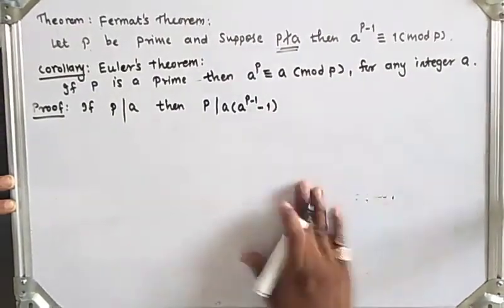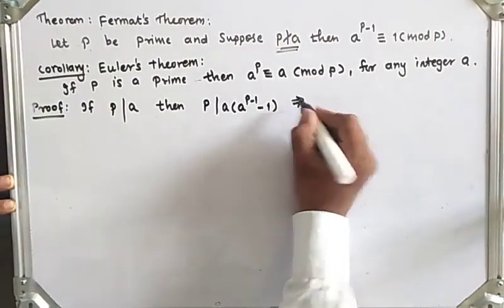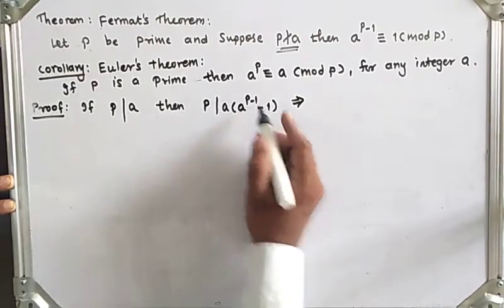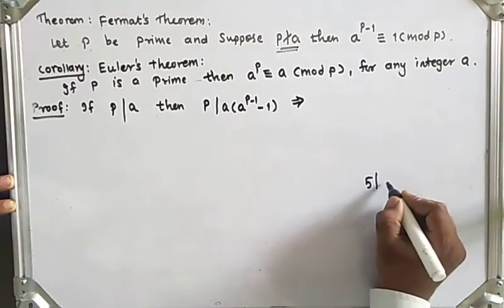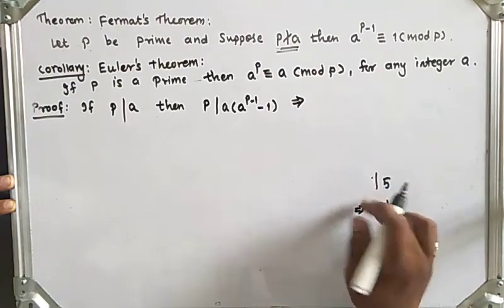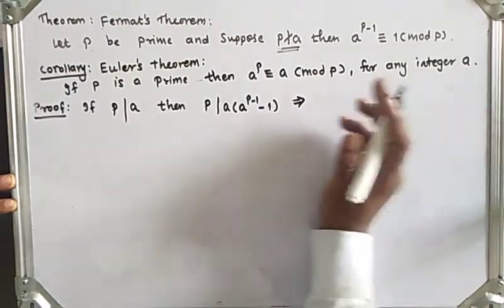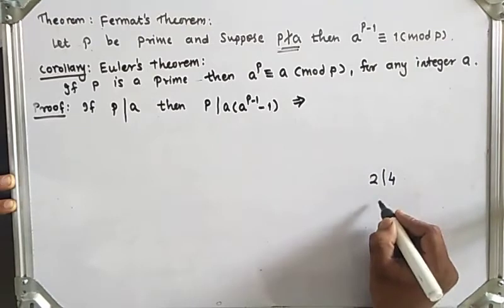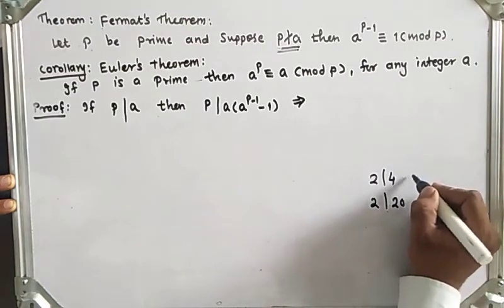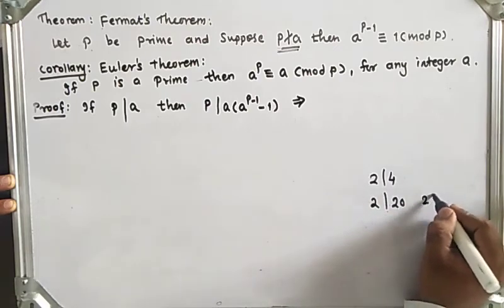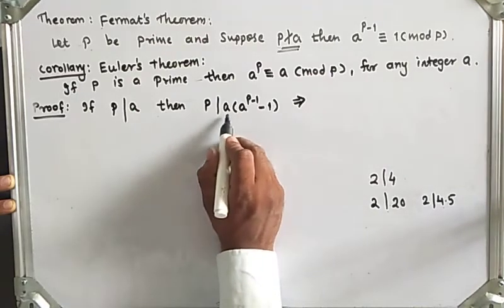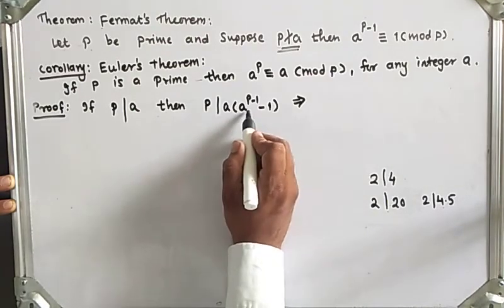So by using the definition, here p divides a, then p must divide a into a raised to p minus 1. For example, 2 divides 4, then 2 must divide 20, right? Because this can be written as 2 divides 4 into 5, right? That's why I write p divides a, then p must divide a into a raised to p minus 1,